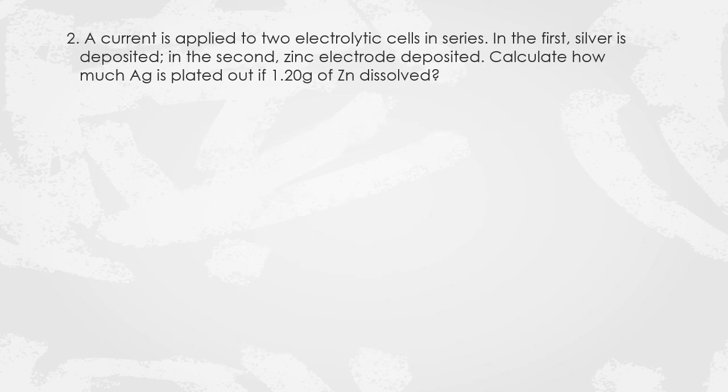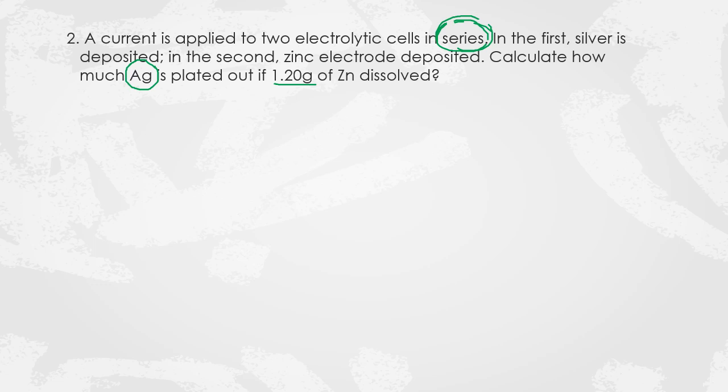For question 2, a current is applied to two electrolytic cells in series. In the first, silver is deposited. In the second, zinc is deposited. So calculate how much silver is plated out if 1.20 gram of zinc dissolved. Please be reminded, whenever you are given cells connected in series, it means that they're going to share exactly the same charge. So even though information given in the question is about zinc, we can still figure out the mass